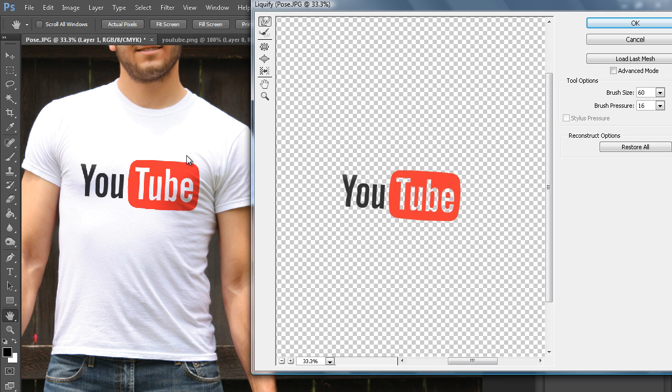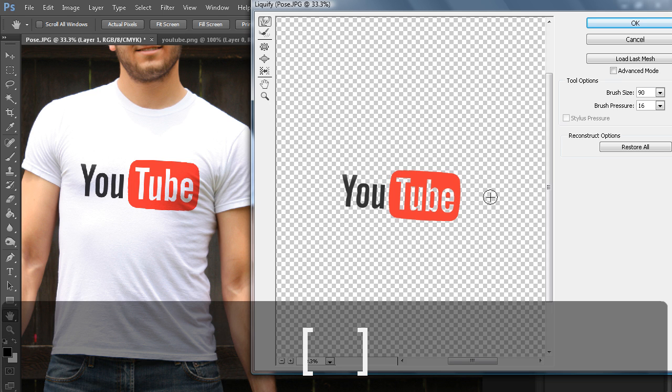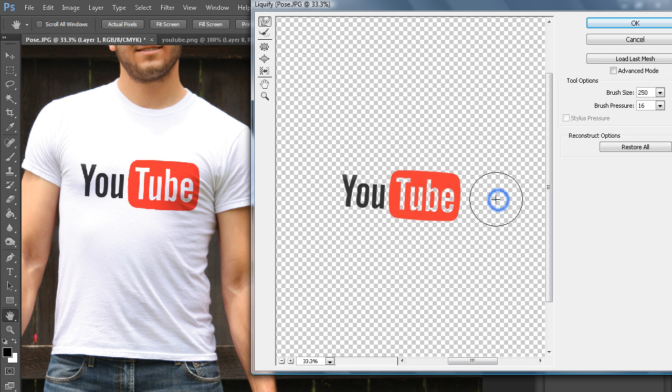Now we want it to get in line with the curvature of the other side of the torso. So let's bring the brush size up a little bit. I'm using the bracket keys to change it without having to go up to the brush size option. And let's just scrunch in the logo there a little bit. And as you can see, there's a lot of little ripples there. And so we can make the brush size real small and kind of make it look like it's attaching to those ripples. Let's go brush size of 20. And just right where those ripples are, right above the E, even with the E, middle of the E. Just go real little, scrunch it in, scrunch it in, scrunch it in.